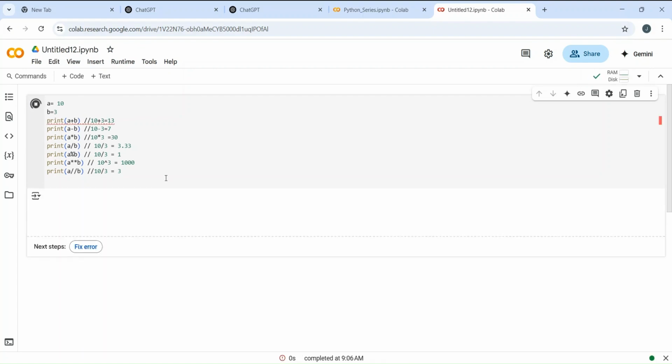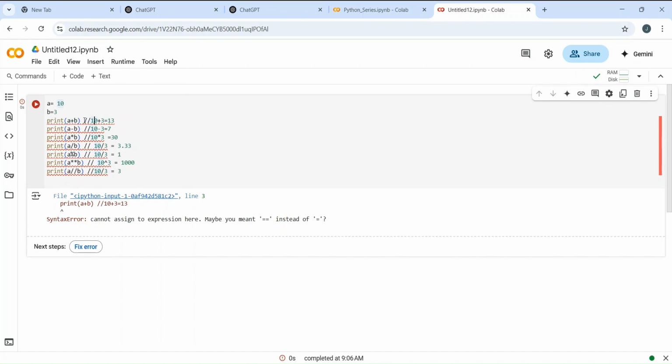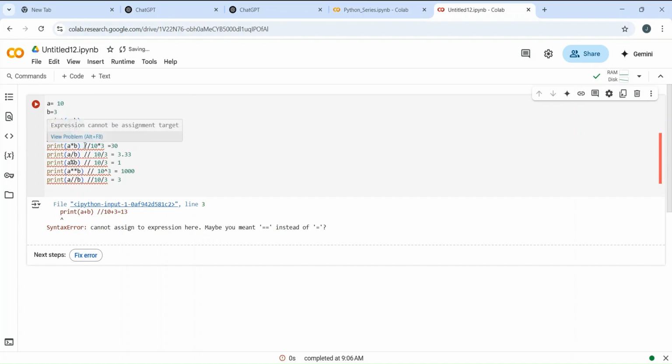See, operators are really very simple. Okay, sorry. Fine. Oh my god. Okay. This entire line is commented out. So I did a syntax error. Let's just move it to another line.